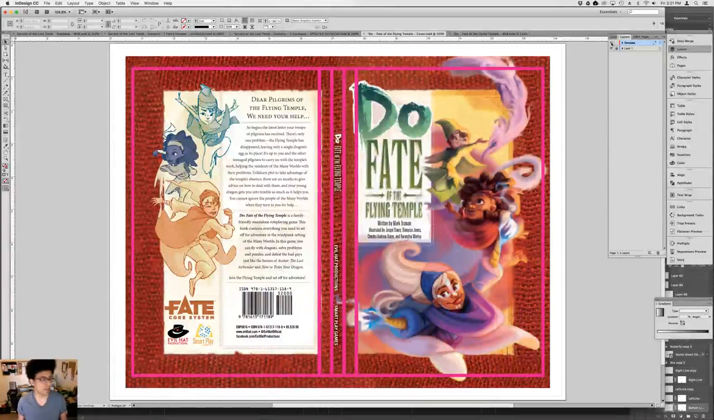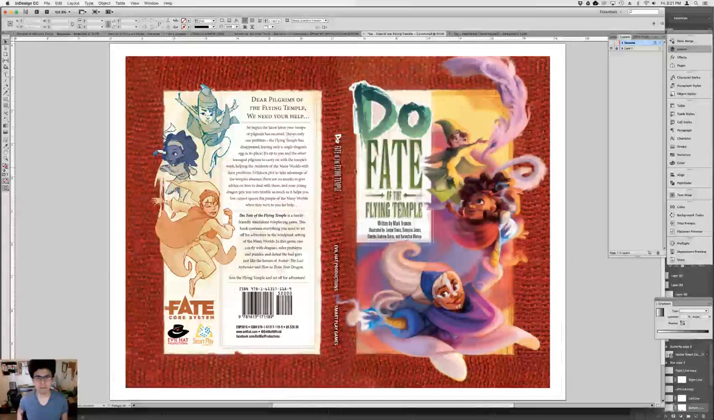I just got dimensions for the hardcover edition, at least I believe it's the hardcover edition, of Fate of the Flying Temple. Whether or not it's hardcover, I'm not sure. I'm pretty sure it is, but regardless. The dimensions I have for this mocked up cover are from way back in the day, if you saw some of my earlier videos a few months ago when I was designing this cover,